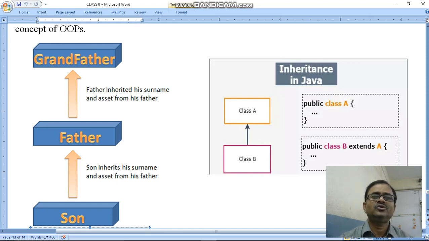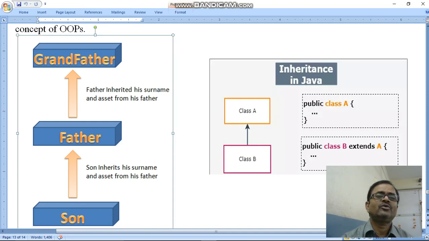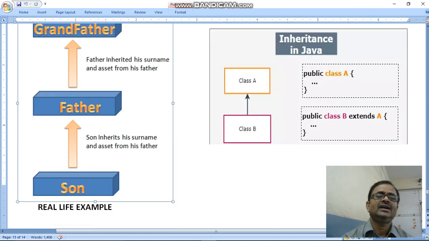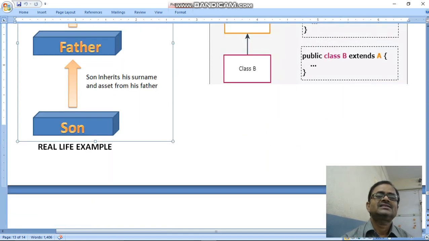Just look at your father: he is using all the assets, the materials and property at home, and the surname of your grandfather. After that the son is inheriting the surname and assets of his father. So this is one type of heredity.